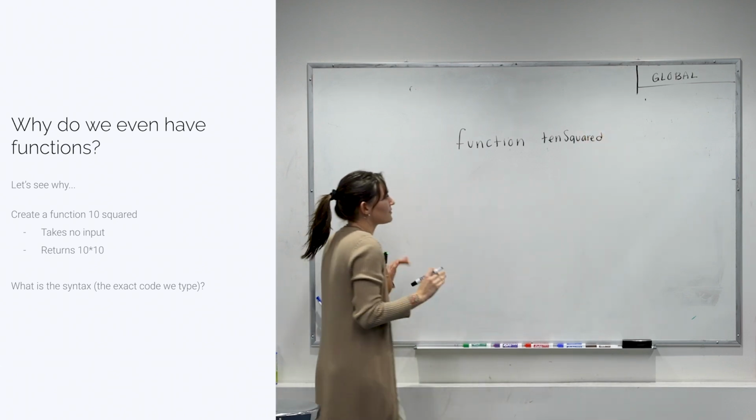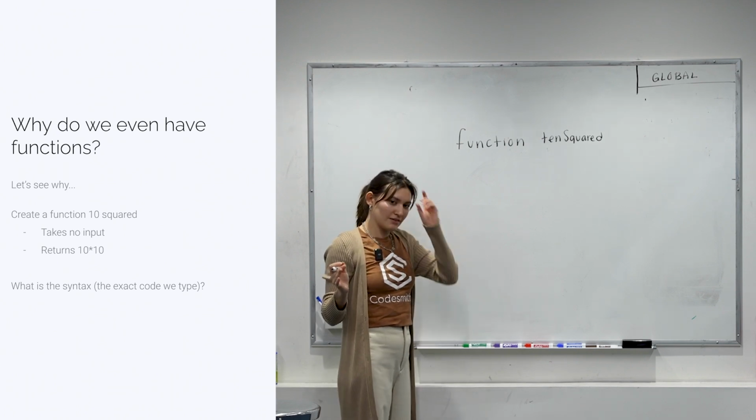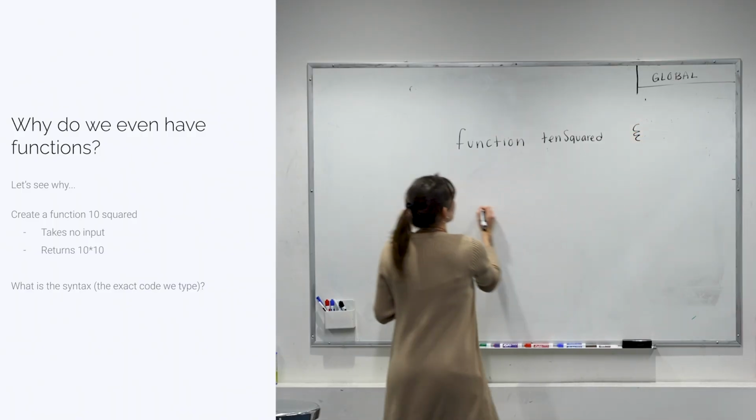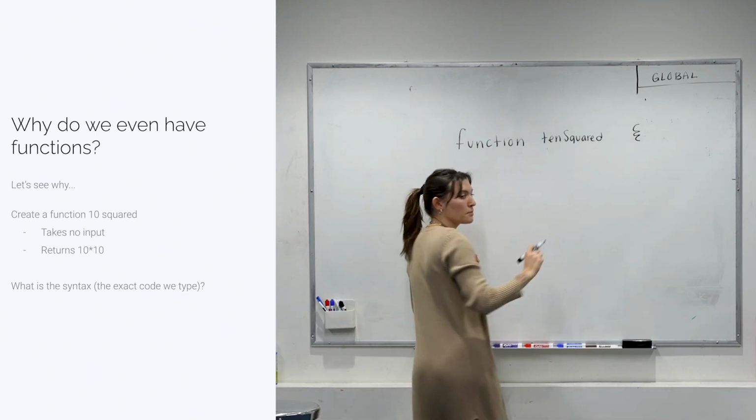All right, cool. So we have our function 10 squared. It takes no input, so what would I write next? Curly brackets? I would write curly brackets, but I'm missing one thing right here. Equals? Oh, it takes no,